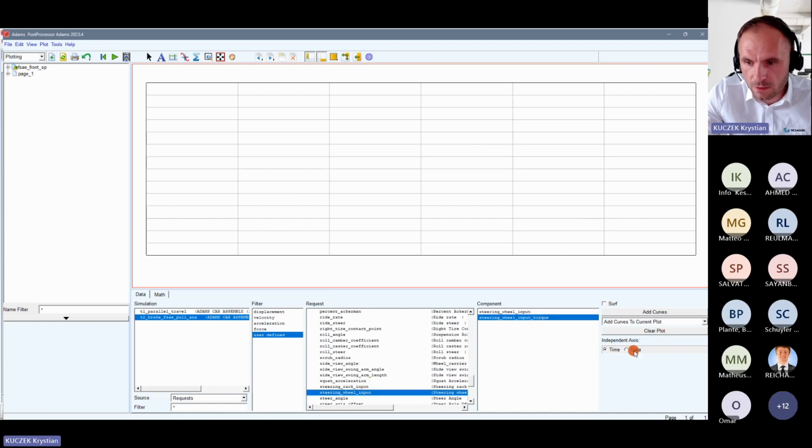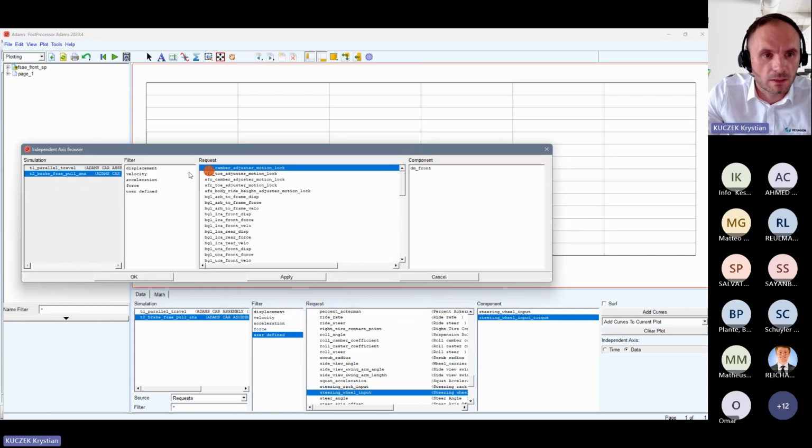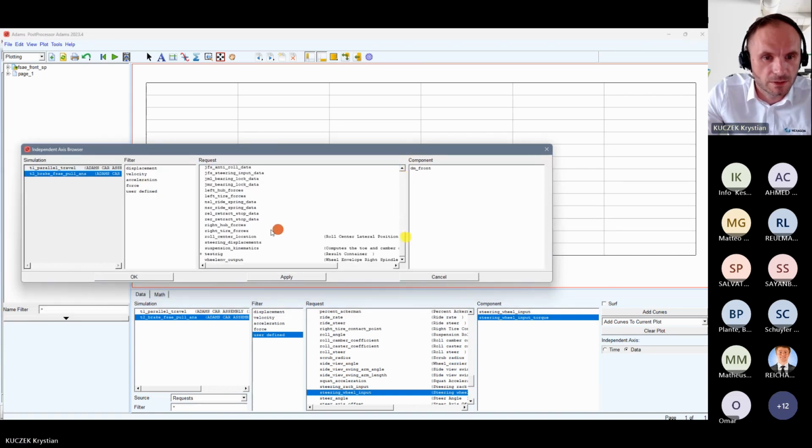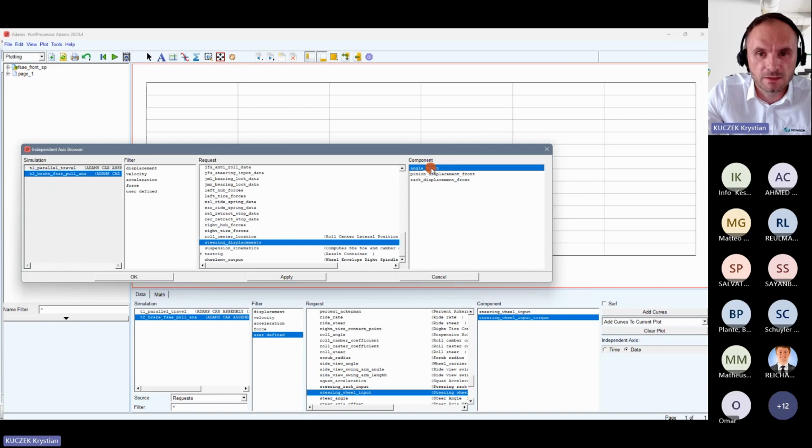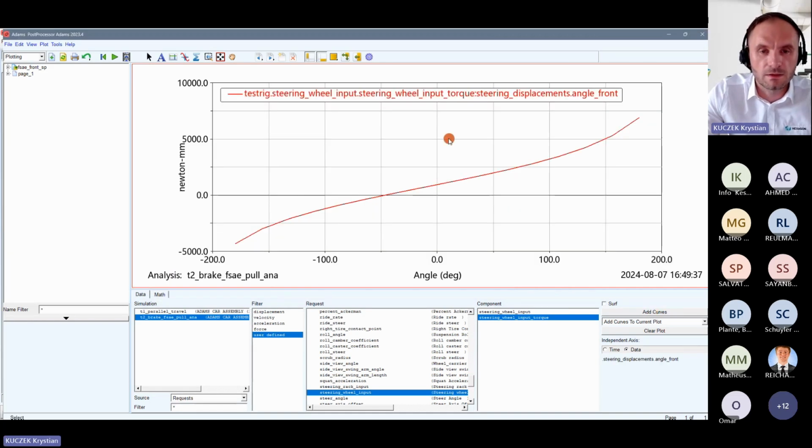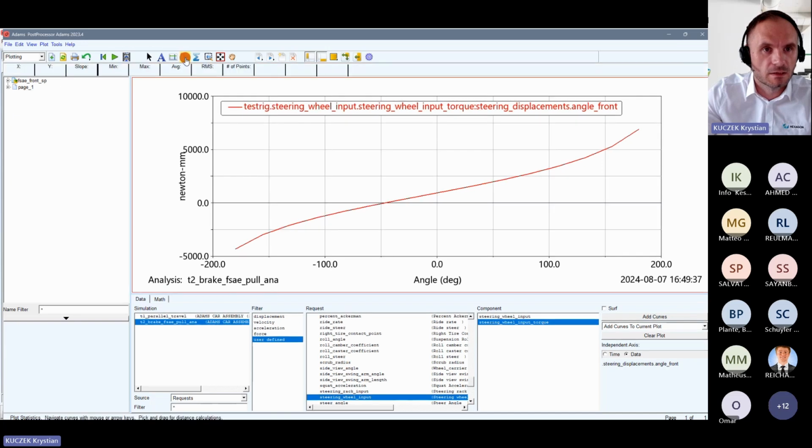With input and torque, we would like to highlight them via steering displacement, which is the steering wheel angle. Now I can see how much torque our driver needs to pull the steering wheel angle during braking analysis. We can see that these values changed from minus 4,000 Newton millimeter to almost 7,000 Newton millimeter. And to make life easier, we would like to apply some changes and see